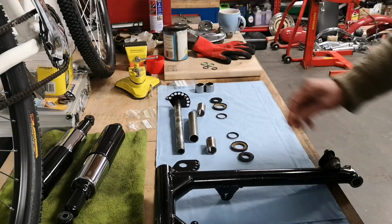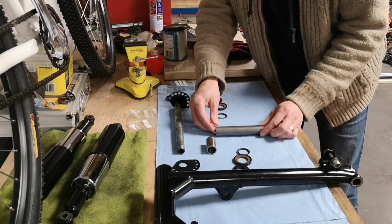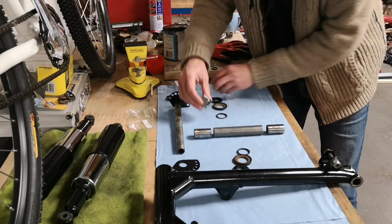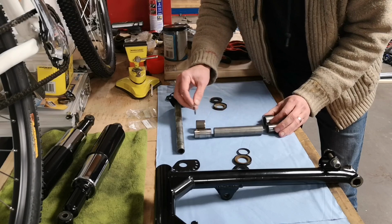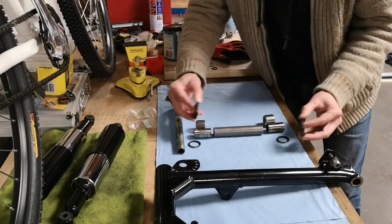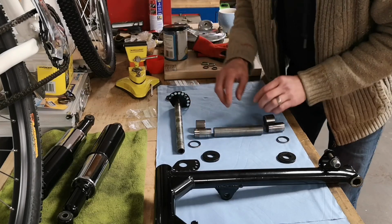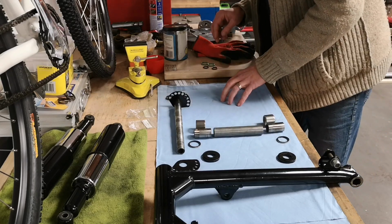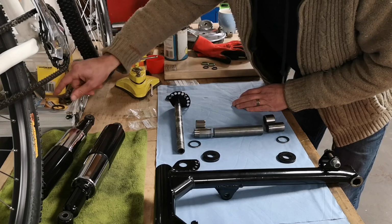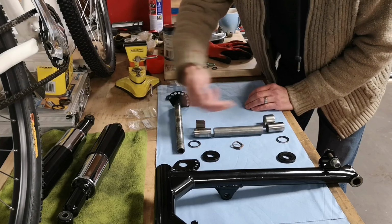So this is the spacer tube here, and the spacer tube sits in the middle. These go on the outside like that, and then the bearings on those, and then we have some seals on the ends, and then these go on the ends of the swinging arm like that. Now the ones that were on this look like that now, and the reason is when I drifted all this out,